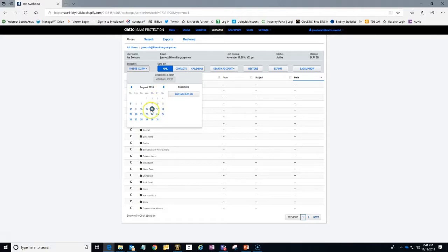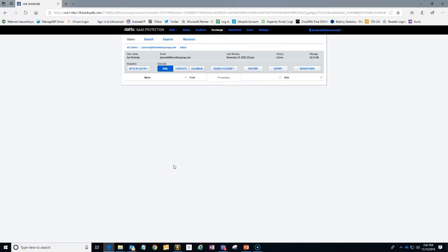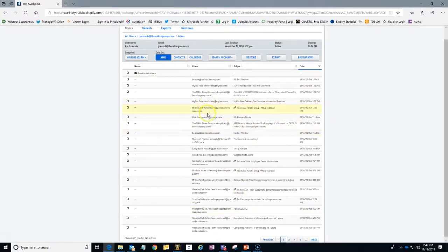You can go back at any point in time and pull out data to restore from. So for instance, if we were just to go back to September 14th, pick the 1 o'clock timestamp there, find my inbox. You will then see a list of everything that I had going on. Here's all my different folders. If we actually went to the end, I guess it'll show me all the different individual emails. You'll see these emails are dated way back